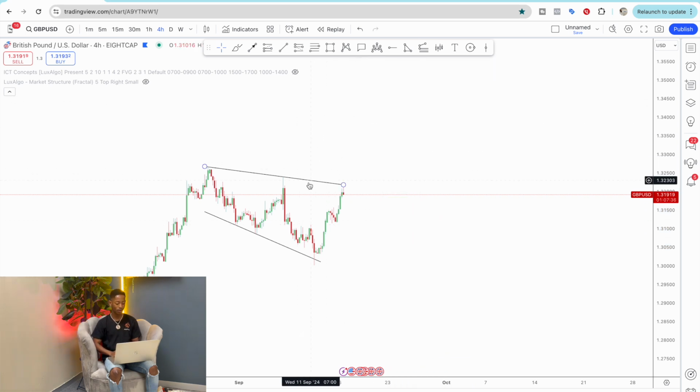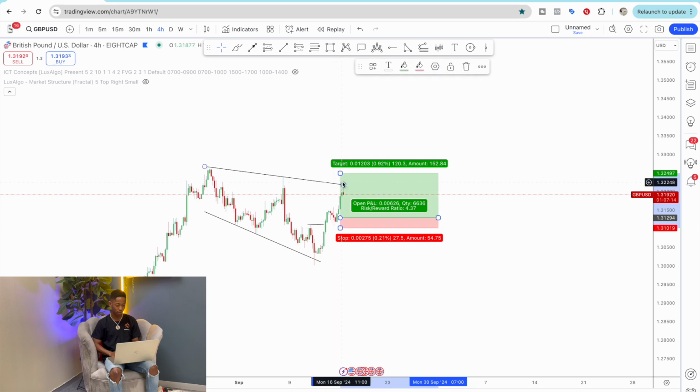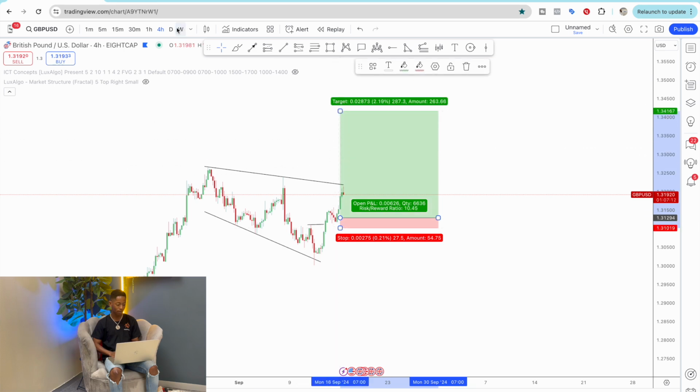But at the same time, what we're looking for is, you can see once price went above it, this was a lower high, higher high, it broke the previous lower high, which is right here, and then price came to retest somewhere here, and then price started pushing upwards. So one of our first entries could be here, where price comes here, then we'll be able to have our stop losses just below here, and then we're still going to be able to go upwards with it.